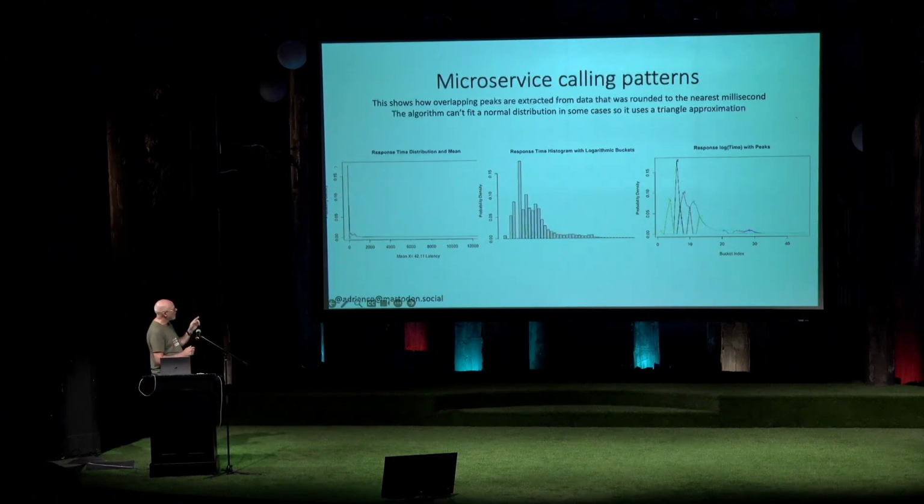So this comes from a system where there are lots and lots of calls going on that are roughly the same latency, so they're all combined together. You've got a little bit of very quick stuff, a little gap, and this is rounded off to a millisecond, so there's a bunch of gaps in the distribution on the left. But if you look on the right, you can see a bunch of different colors. Each of those are the separate distributions I'm adding together.